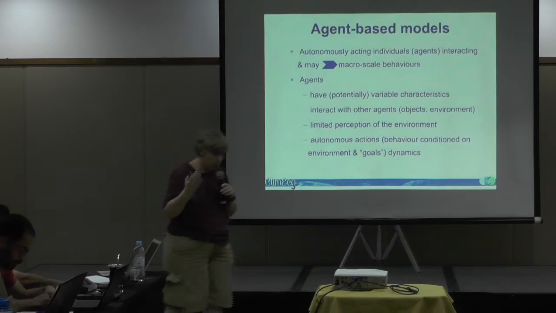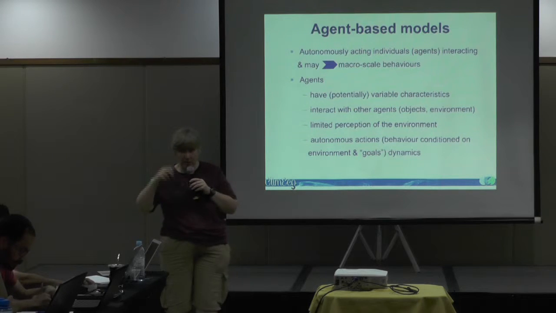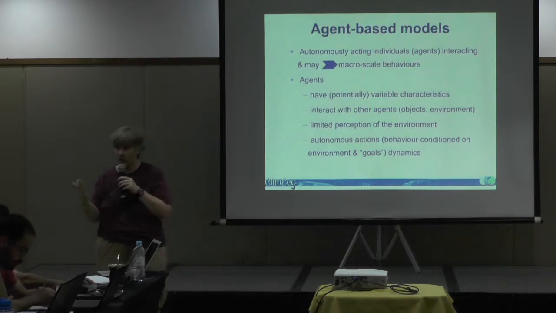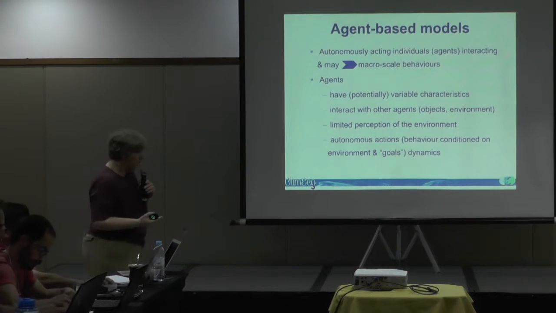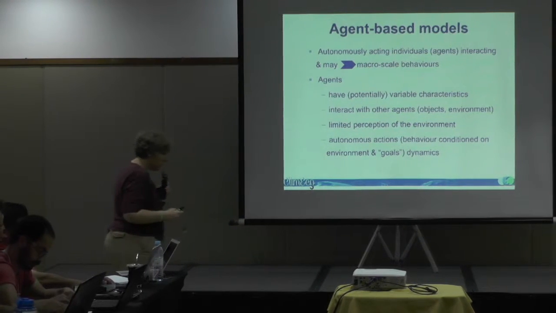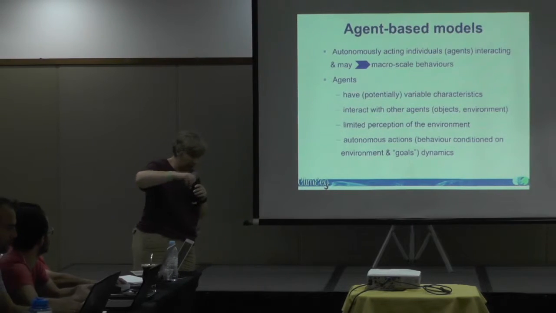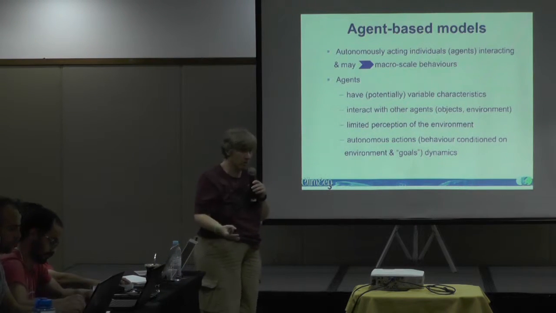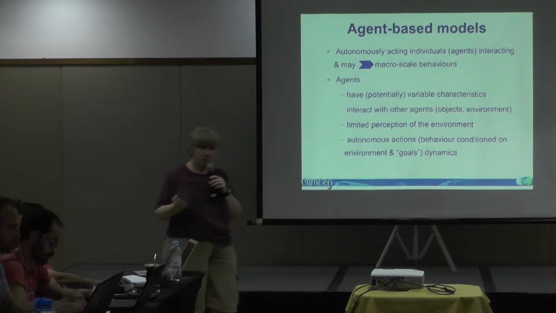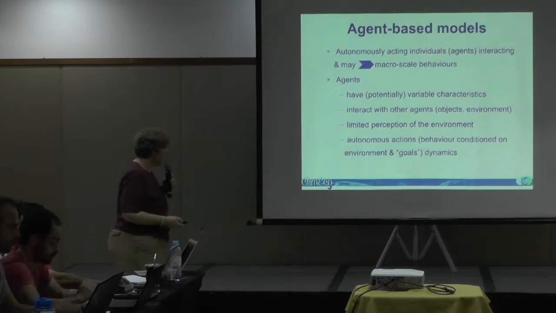So agent-based models work when the behaviour is a really important part. That could be a biological behaviour, it could be a human behaviour, it could even be a physical property. So you can have agent-based models of packets of water moving around in Lagrangian space. It doesn't always have to be about humans. It's just that it's most often used when we think about humans.